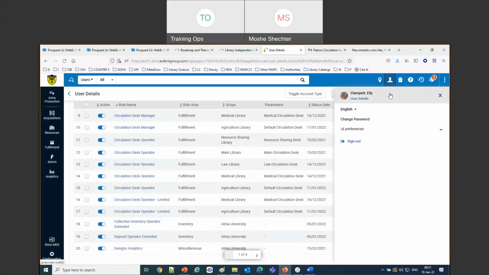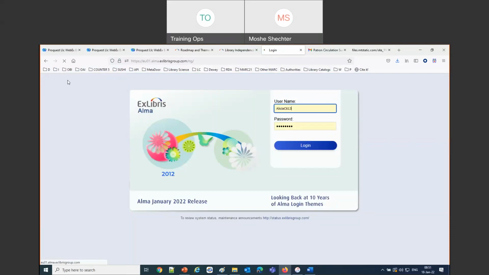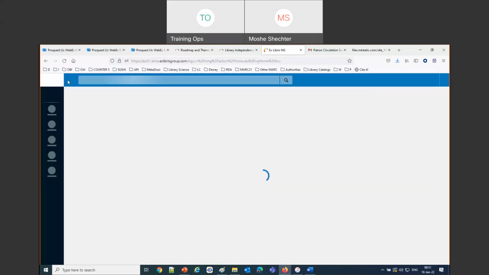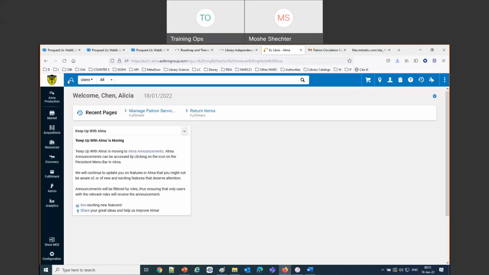Alicia is all powerful, we'll say here, and she can see all of the entities. So we're talking now about the attachments, the requests, the notes. They can all be defined now on the level of the library, which wasn't the case before. We'll show what we mean in a moment.